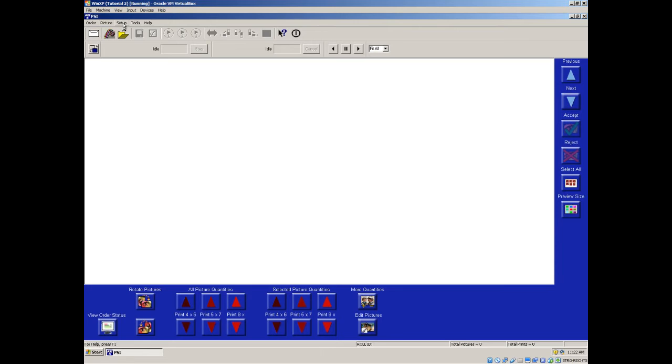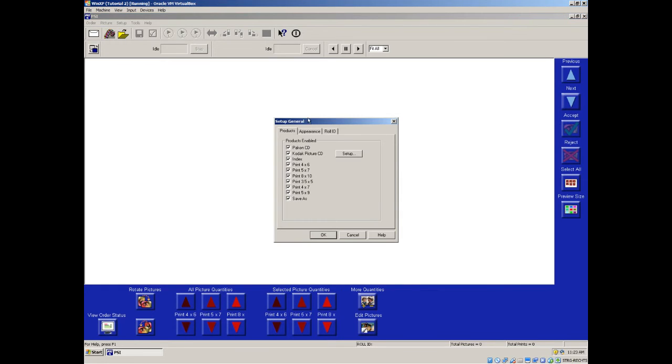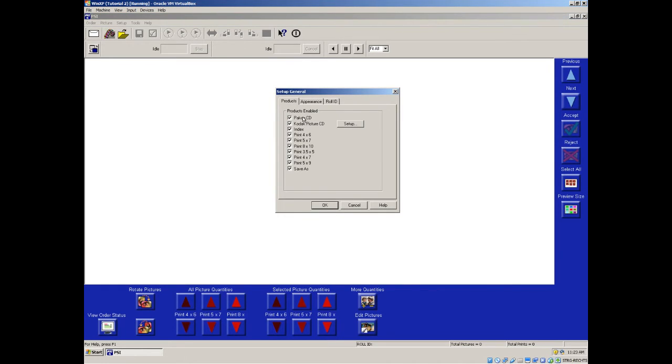As you know, the PSI was a professionally used scanner, so the software is kind of a kiosk style software with printing, burning pictures, CDs and everything. And I will now firstly change the behavior of the software to cut it down to just scanning to the hard drive. So we're gonna go to setup and go to general, and there's something called products, and